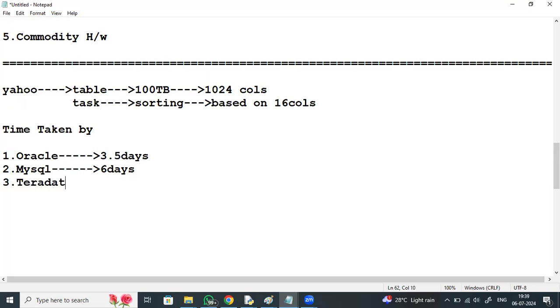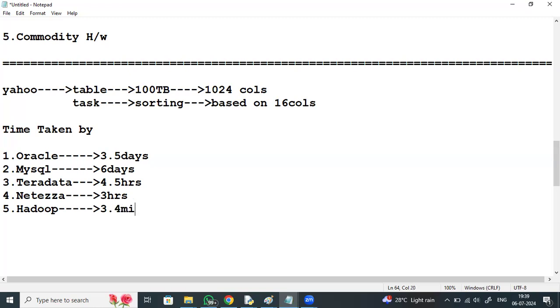Teradata has taken 4.5 hours. Another specialized database like Netezza has taken nearly 3 hours. Finally, Hadoop has taken just 3.4 minutes.